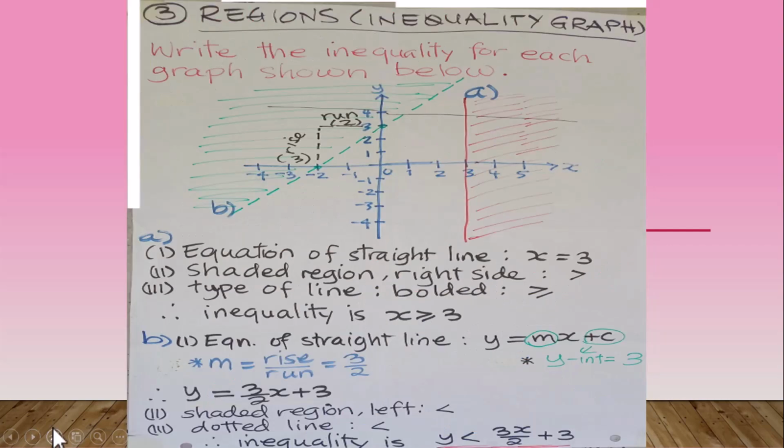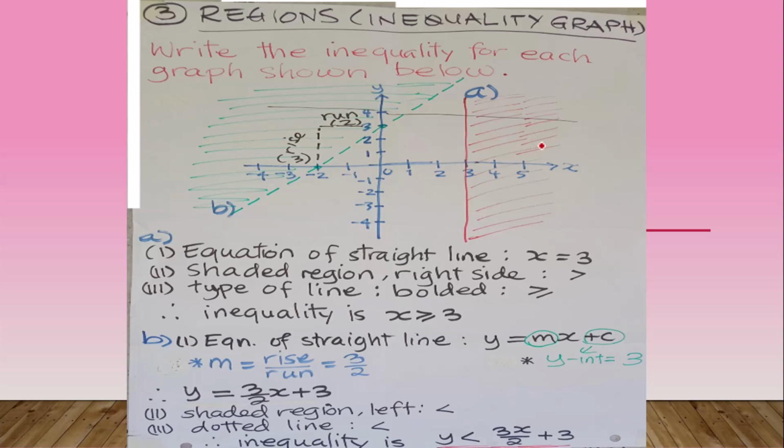Let's move on. Now we see regions with inequality graphs. And the graphs of inequality, they form from a straight line and a shaded region on one side of the line. So what we are going to do is, first we're going to find the equation of the straight line, and then we'll decide on the shaded region part. Okay,